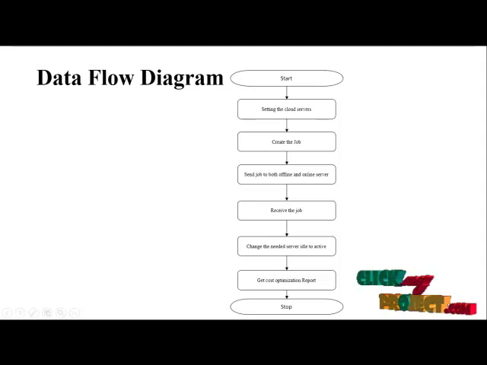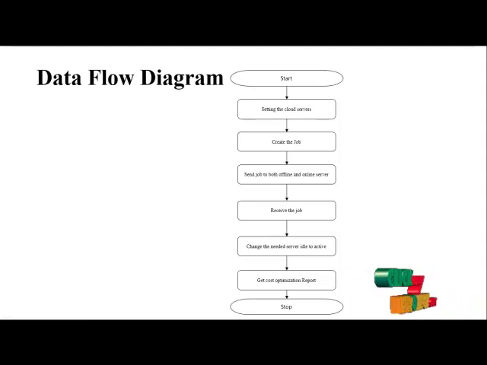First, start the program. After starting the program, we must set up the cloud servers, both online and offline servers. We define the servers, the size of the server and what the properties are. So in setting up the cloud servers, we also create the number of servers in the cloud services. After that, the setting is complete in the cloud servers, then create the jobs. The user creates jobs, both online and offline jobs.